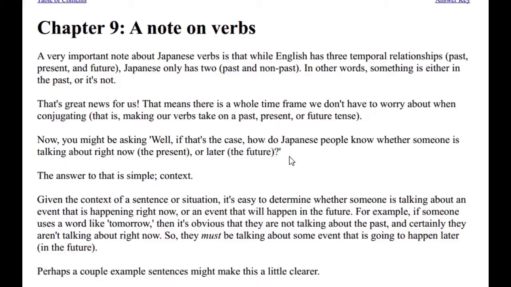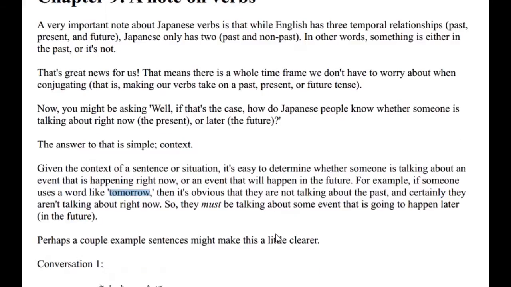Okay, so it's easy to determine whether someone is talking about something that's happening right now or something that's going to happen in the future, because maybe when they're talking to you, they'll use a word like tomorrow. Then okay, well, tomorrow it's obviously in the future, not talking about right now, so they must be talking about the future because it's not the past. So there you go, very easy. So here's